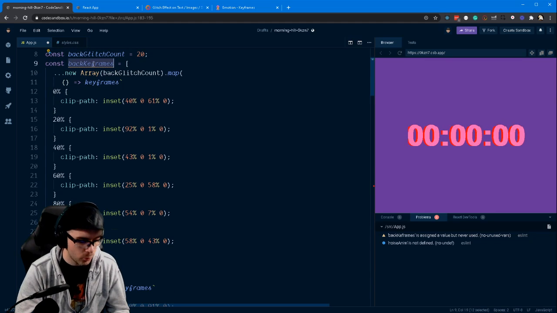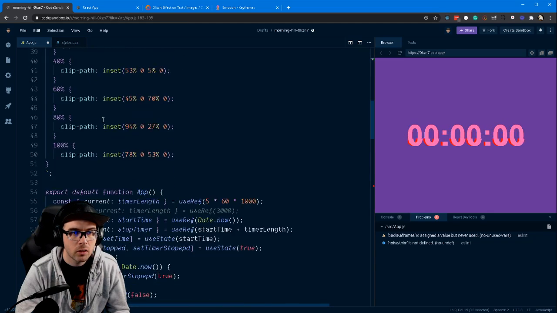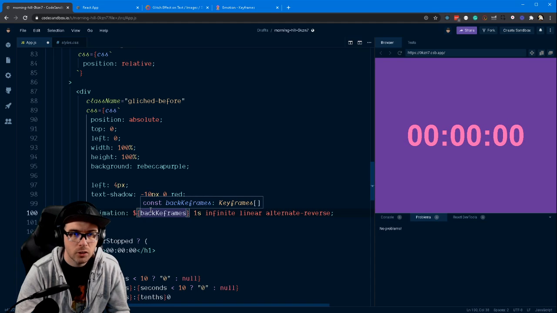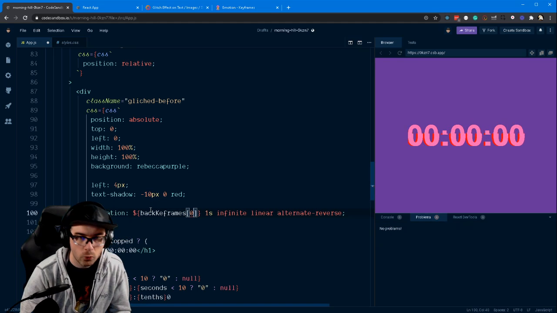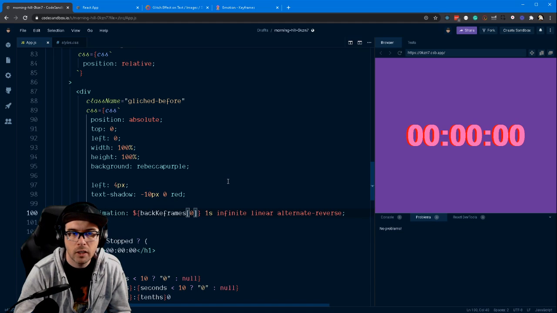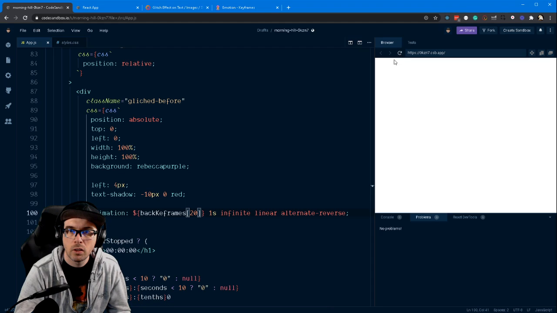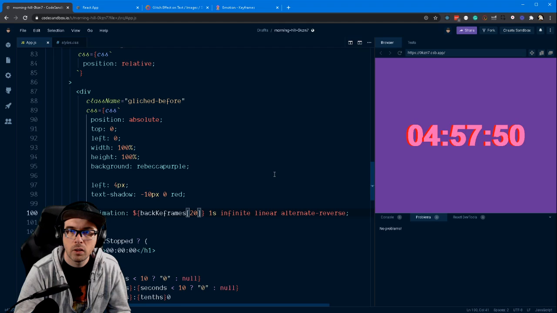So now I should be able to do back keyframes and it should give me one of them. So I can be like, I want to get your first one. And I can also get the 19th one. And if I get the 20th one, we're just getting the bottom glitch. Perfect. But if I come back here and I get the 19th one,